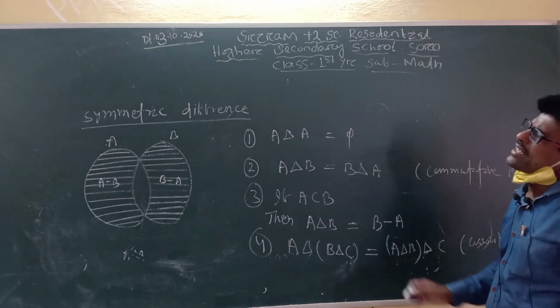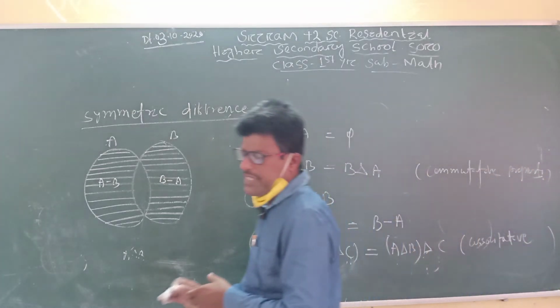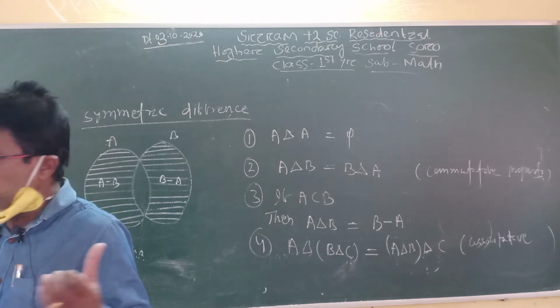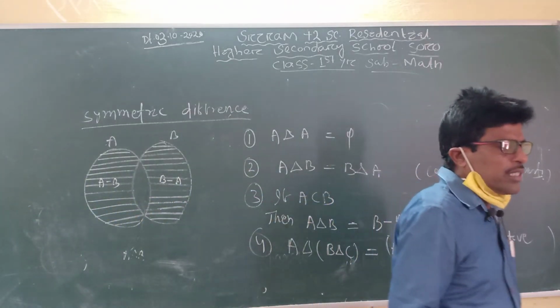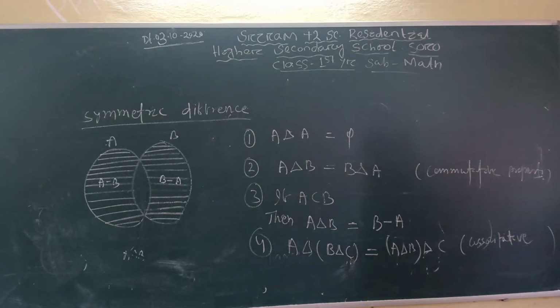Associative property. So that is called symmetric difference. Especially, that is called symmetric difference in your books also. It is all about your difference and symmetric difference. Now,